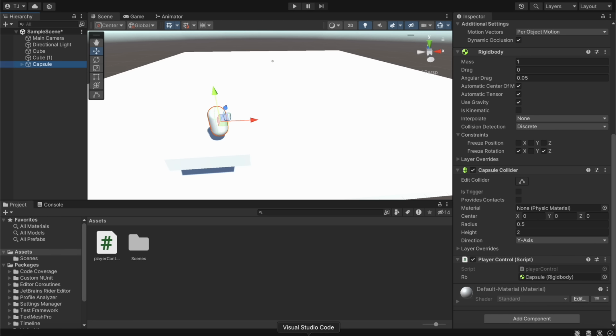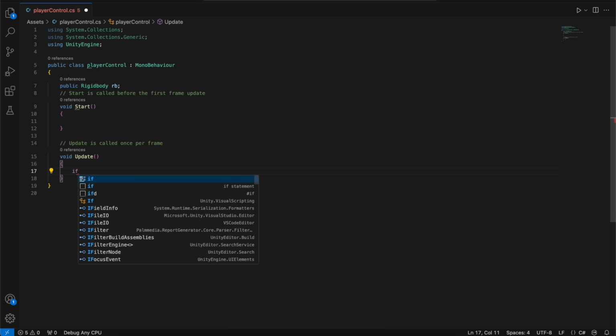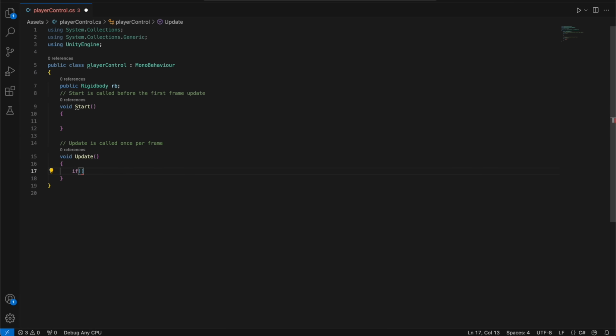Now let's go back and we're gonna go into the update function. The update function is called once per frame. First of all, we're gonna make what happens when you press the W key. So we're gonna type a conditional statement. We're gonna use two types of brackets. So let's type if, use this bracket, and type inside of the bracket the conditional statement. So we want to detect if the W key is pressed down. So we're gonna type